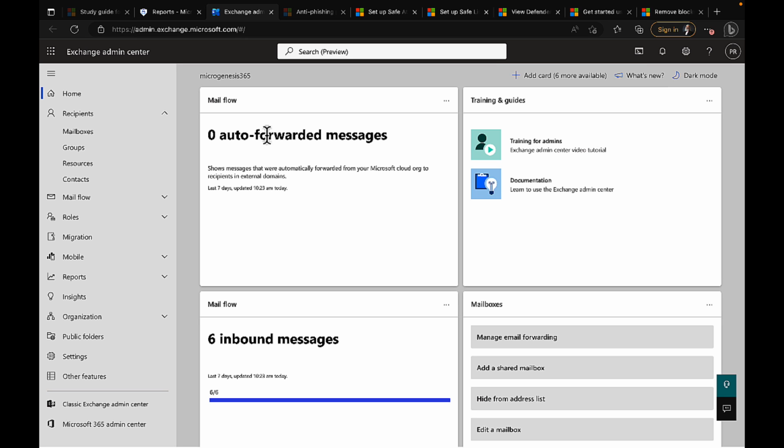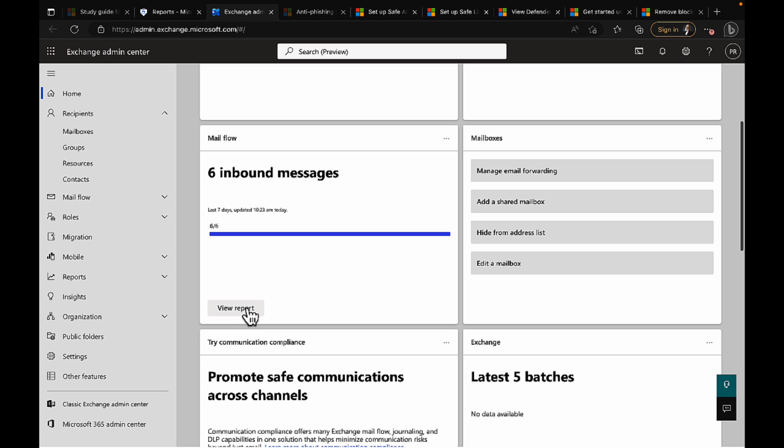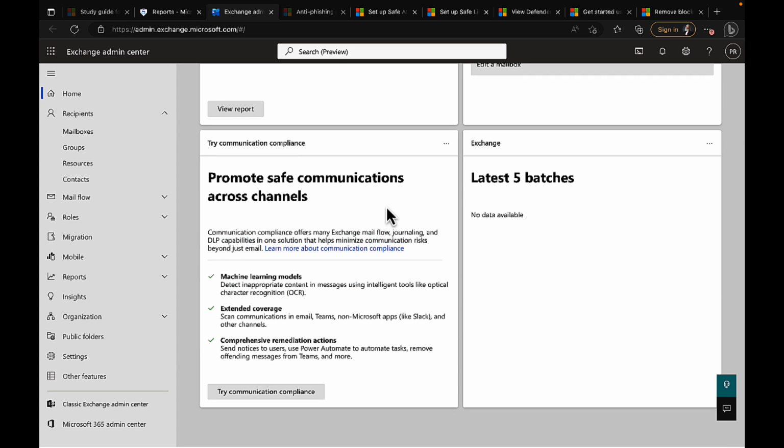where you can see auto-forwarded messages. We can get some training and guides. We can see 6 inbound messages here on the mail flow sections. We can click to view that report. We can look at managing email forwarding, adding shared mailboxes. We can hide from the address list, edit a mailbox, promote safe communications across channels by using communication compliance, which